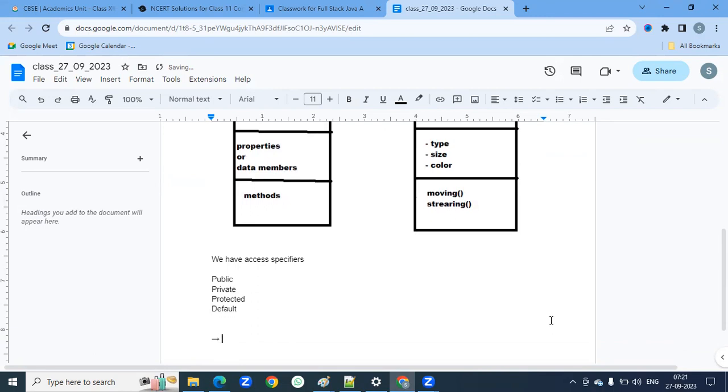See, in a Java program, Java is an object oriented programming language. Every program we have to write, we have to write using class. What does the class contain? Class will contain data members and